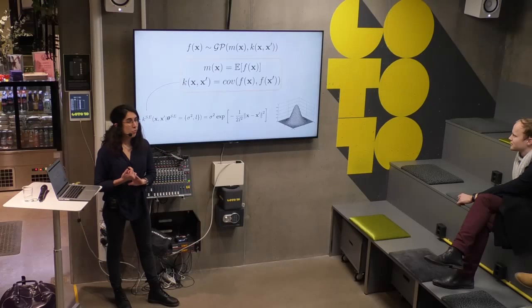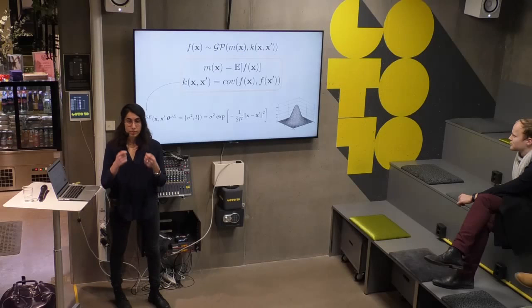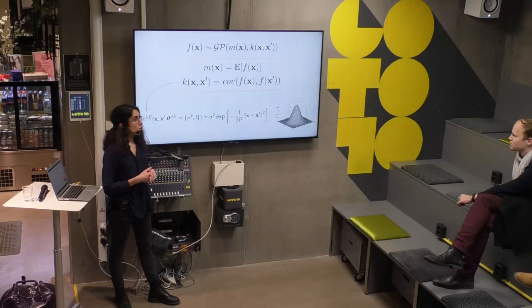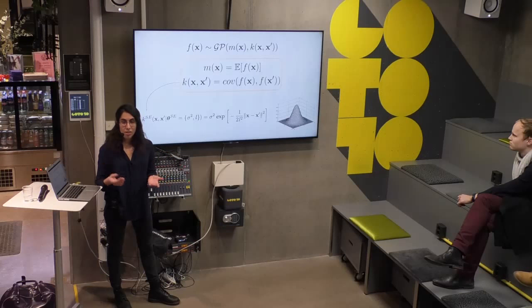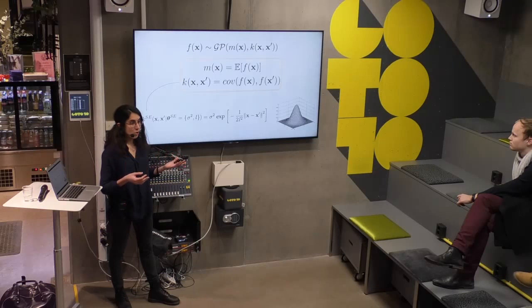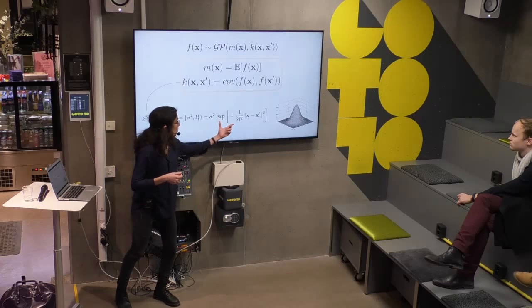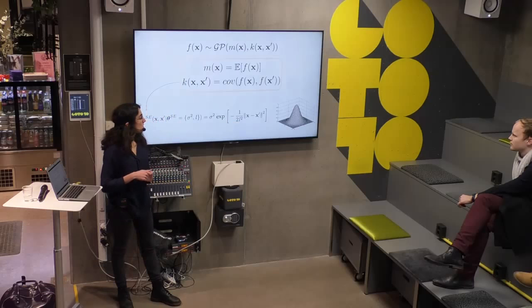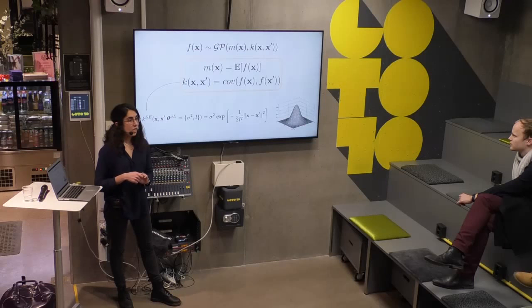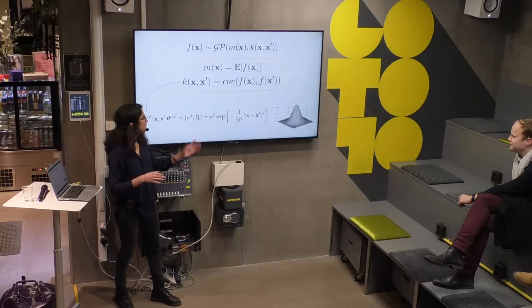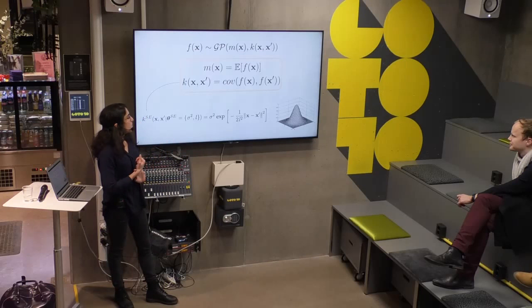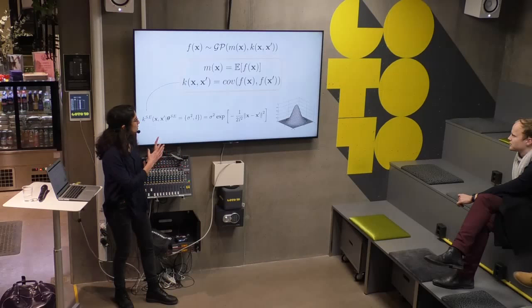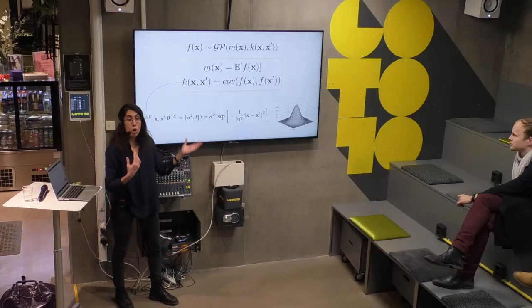We can define them in different ways. We can define them manually, just setting a number. We can also submit this through an optimization procedure and maximize some function, usually the marginal likelihood of our model, in order to find the optimal values of these hyperparameters to explain our data. We can also use Bayesian methods to set them. There are different ways, but what I wanted to show with this example is that this is a very common